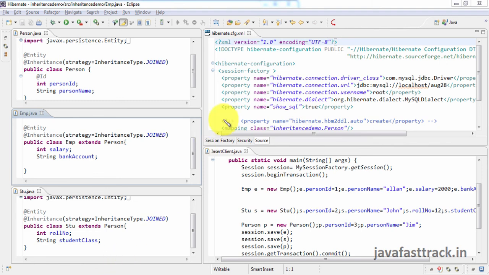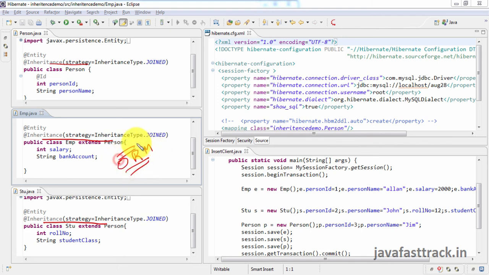When you write POJOs, you just annotate. So we have the person class with inheritance annotation, employee class with inheritance annotation, student class with inheritance annotation. This is with respect to ORM, object relational mapping, for inheritance.